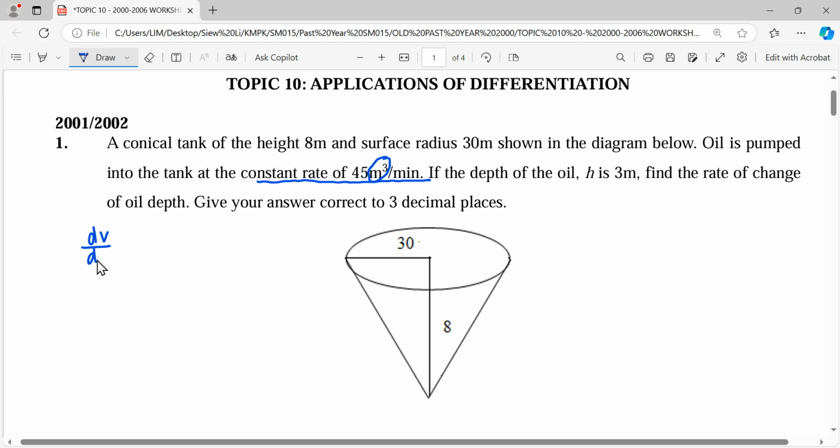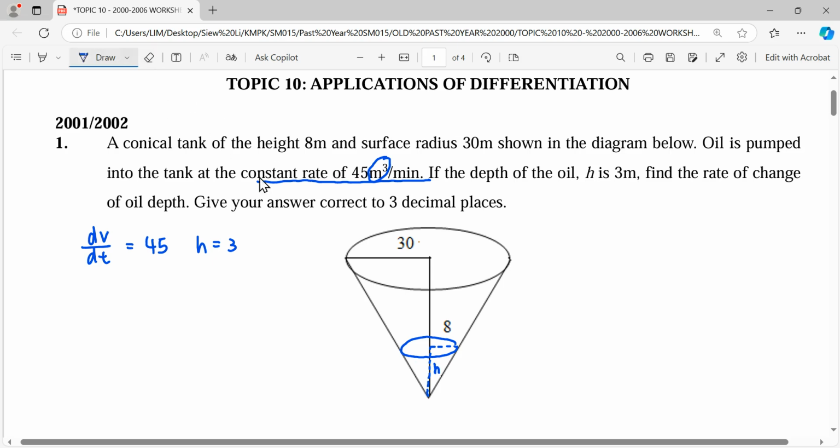So dV/dt equals 45, positive, because the oil is pumped into the conical tank, which means the volume of the oil is increasing. Therefore the rate of change will be a positive value. If the depth of the oil, we indicate it as H, is 3 meters,